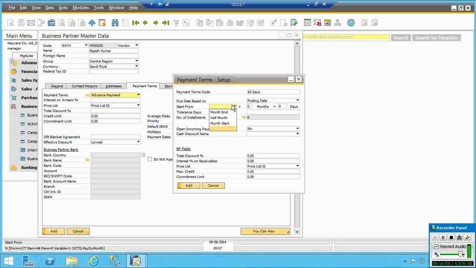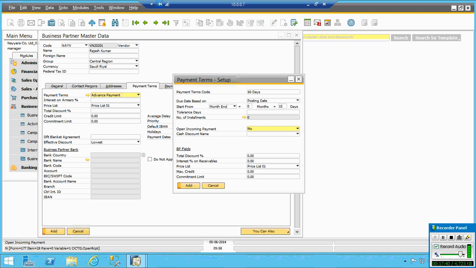Because if I say month end and I say 15 days, the date you are creating a document in the system, you are posting a document to the system, that may be the end of the finance period, but we create it on a day. For example, I create a payment, it has 50 days. The posting date has been mentioned. Okay, this is the date of posting today. It will go for approval, maybe approval after 2 days.